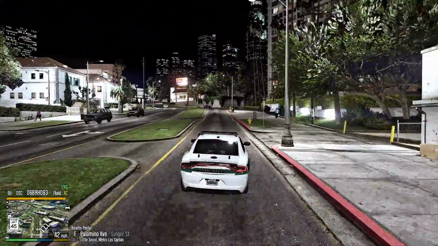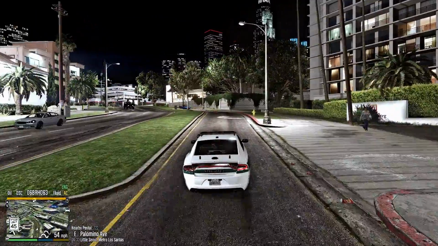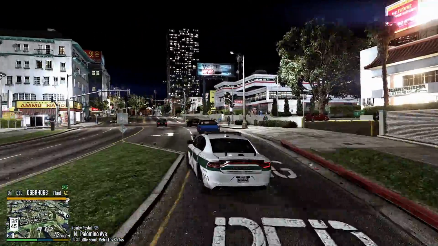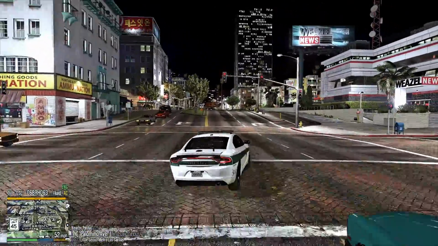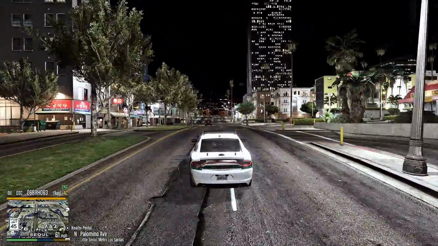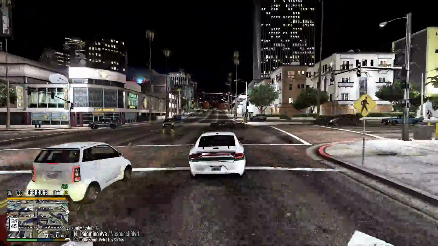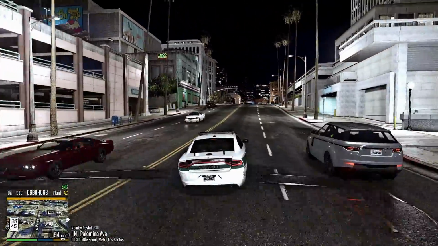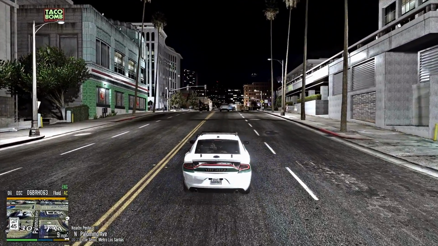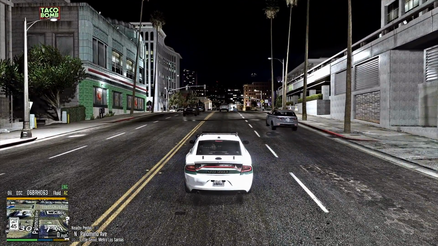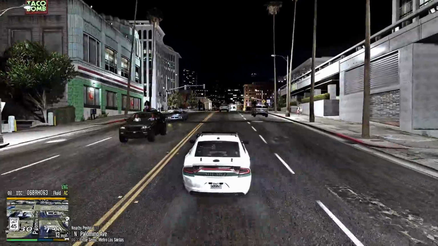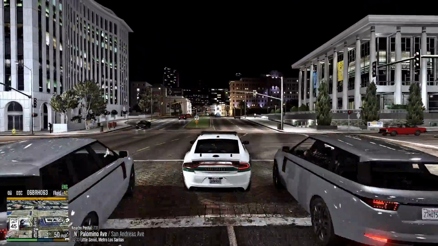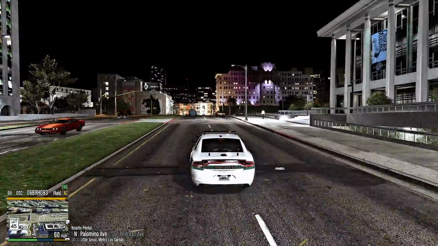I'm sure it's user error. I don't think it's a fault in this mod. He's spent a lot of time on this mod, and I don't want to sit here and say it's a fault in his mod and mislabel it. I will be honest when I say I don't know what the realistic vehicle damage system entails. I don't know what that means as far as the vehicle, but